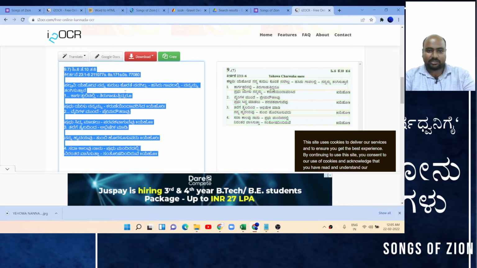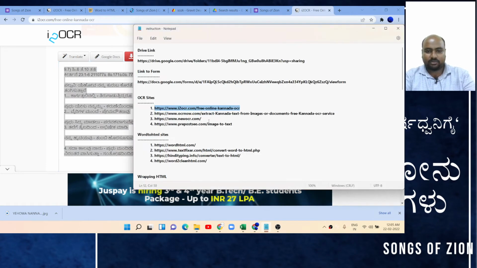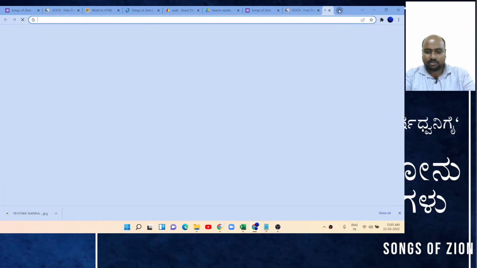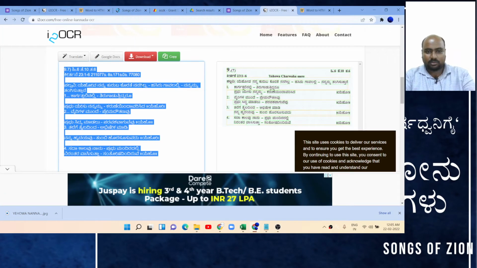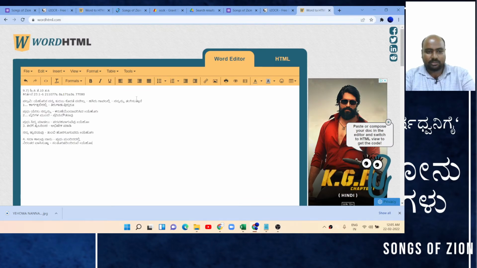Now we will have to edit this. To edit, what I suggest is this website. You can use any of these, but I suggest this. Copy and paste it here. Now remove everything, mostly on the top, all the numbers.